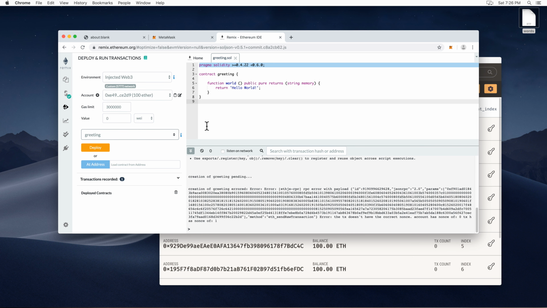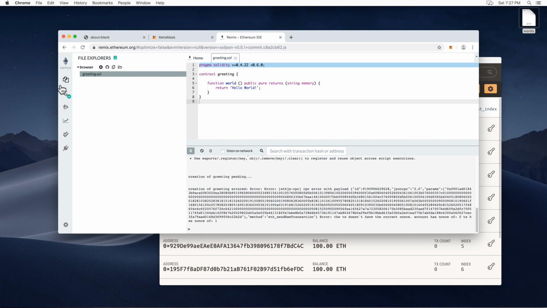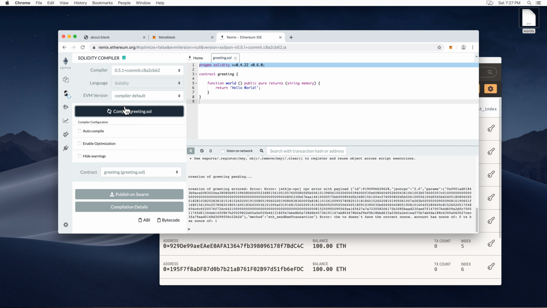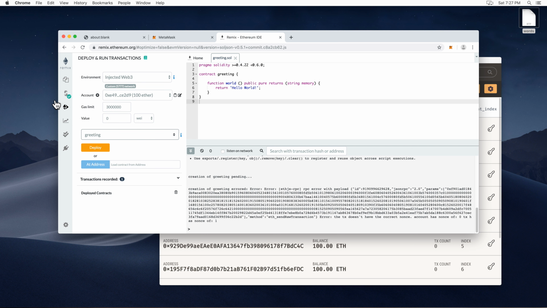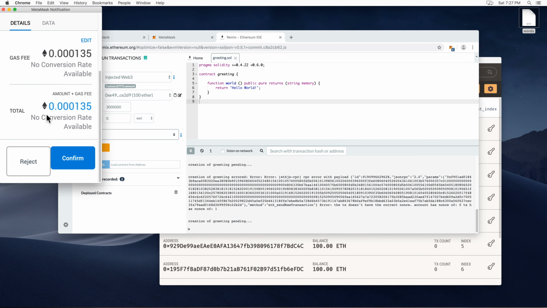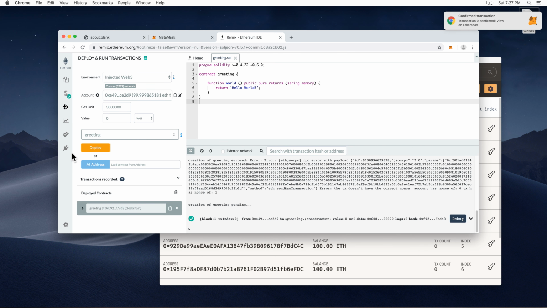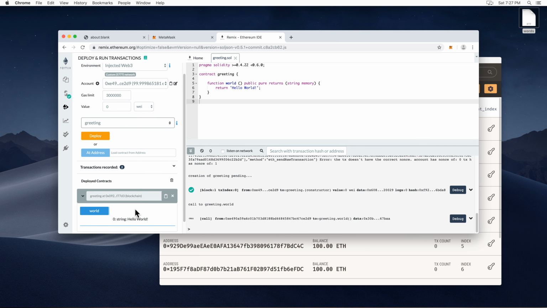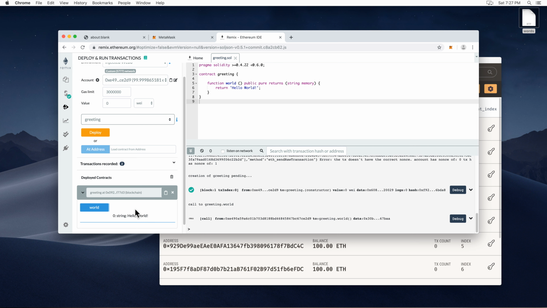Now I'm going to navigate to Remix, and I'm going to go through the compilation once more, just to confirm, and then go back to deployment. And I'm going to select deploy once more. I am once more asked to confirm. I'm going to press the button. And this time it went right through, as you can see. So I'm going to click on Hello World, and we get back the Hello World string. So that was a full cycle using MetaMask as the conduit through which we connect to the local instance of